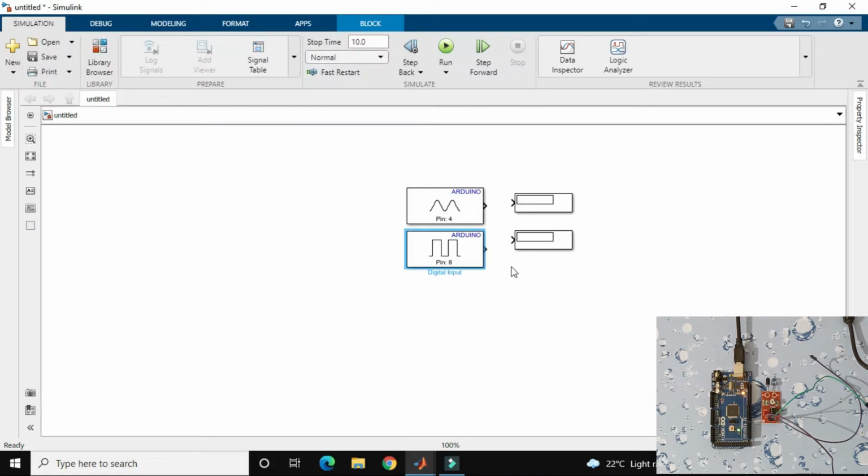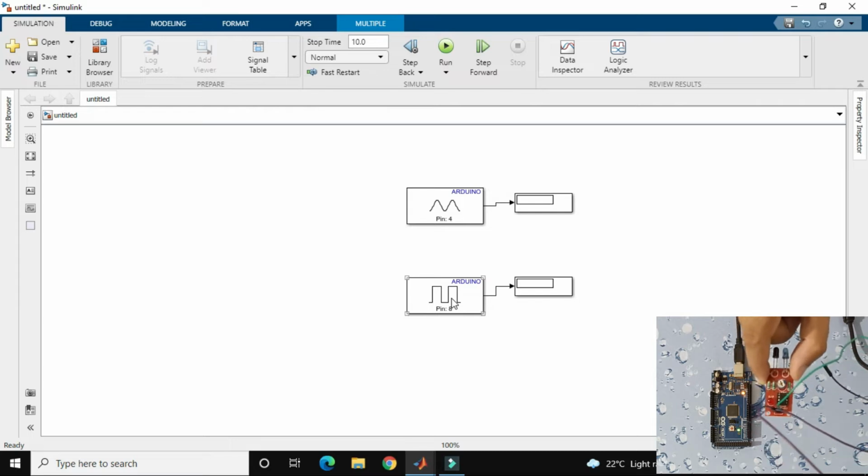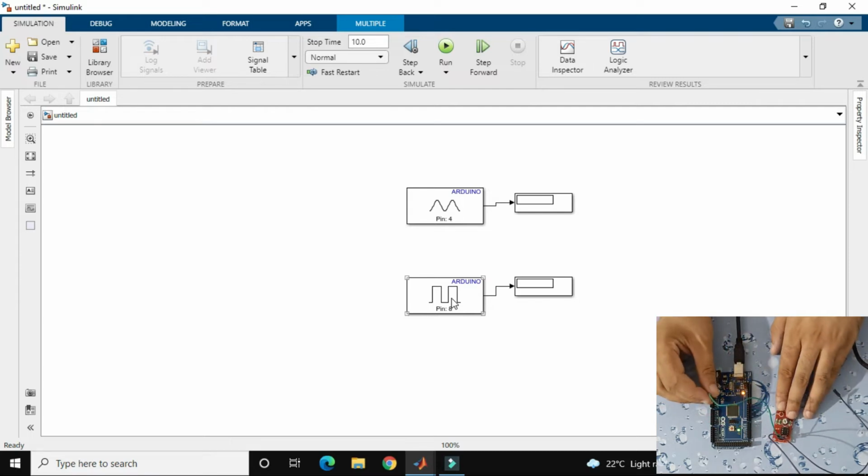So in the first case, I just connect this, and over here you have to set the pin number. This is my IR sensor, or you can say infrared sensor. It demands VCC, ground, and the output pin. So first I connect the green one, which is 5 volt, to the 5 volt.